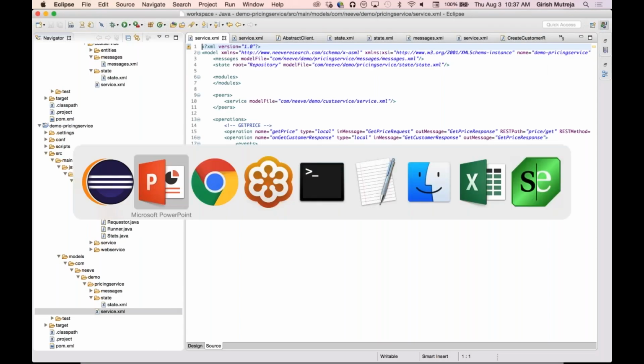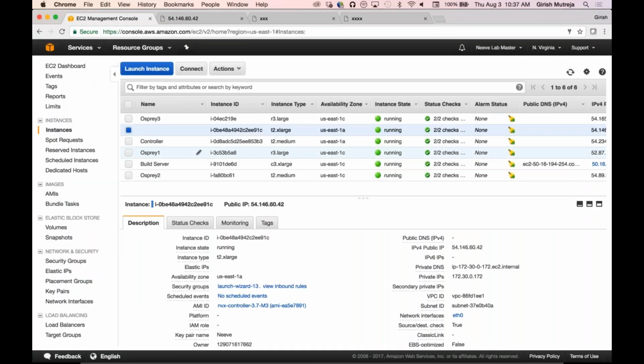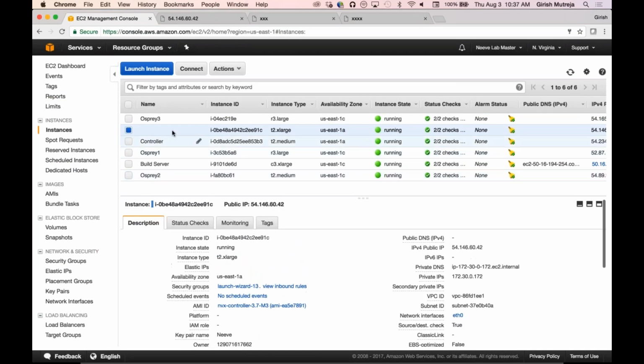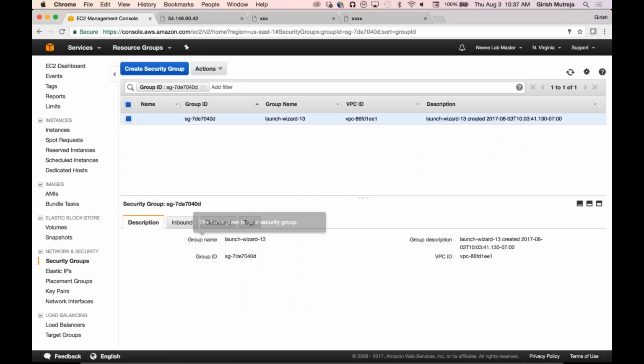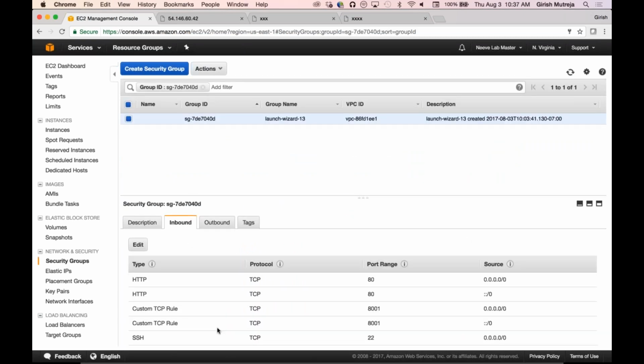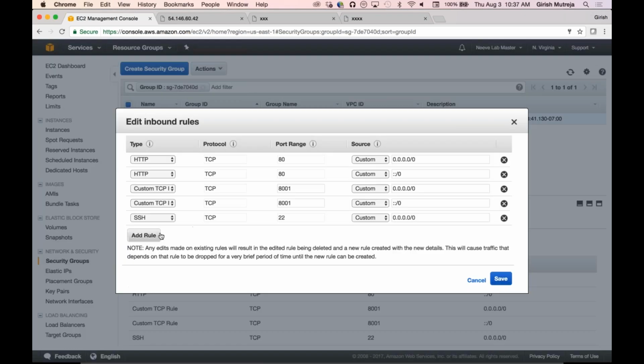So I'm going to now go to deployment. I'm going to go back to this environment and see if it's going to come up. One thing which I realized I forgot to do before, and that is my bad, is that I forgot to punch in a couple of holes in the firewall. So let me just punch in a couple more.